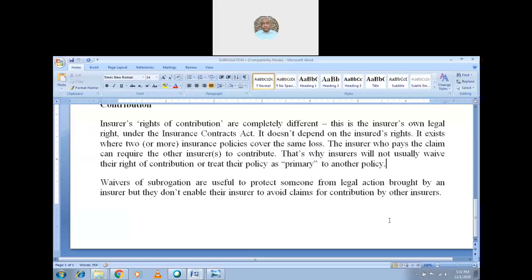So now let us see the waiver of subrogation. Subrogation waiver means what is paid over there should be paid by the defaulter. So waivers of subrogation are useful to protect someone from legal action brought by an insurer, but they don't enable the insurer to avoid the claim for contribution by the other insurers. The contribution of the other insurer is a must, because two or more insurers are there for the same cause of action. At that instance, the other will have to contribute,